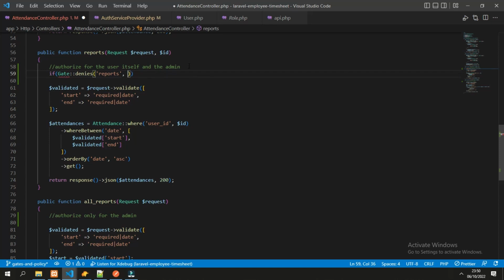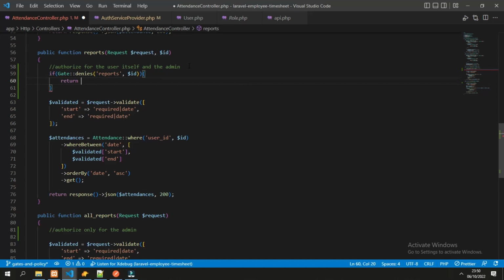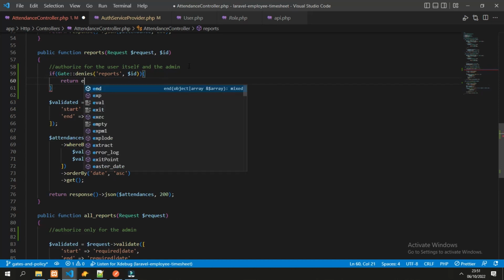We pass the second parameter in here, so it is ID. If it denies, it will return an error response.